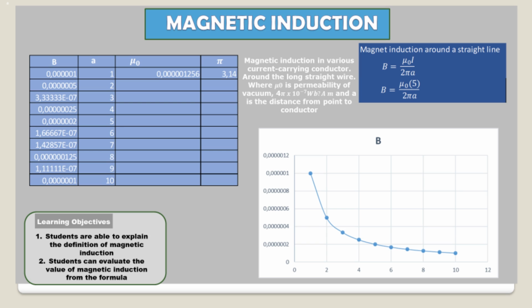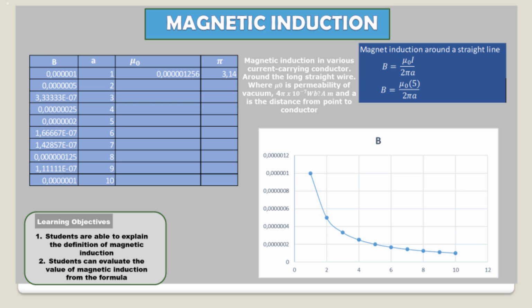Magnetic induction in various current carrying conductors, around a long straight wire, where mu0 is the permeability of vacuum, 4π times 10 to the power minus 7 Tesla meter per ampere, and a is the distance from the point to the conductor. The formula of magnetic induction around a straight wire is B equals mu0 times I over 2 times π times a, with the value of mu0 being 4π times 10 to the power minus 7, or